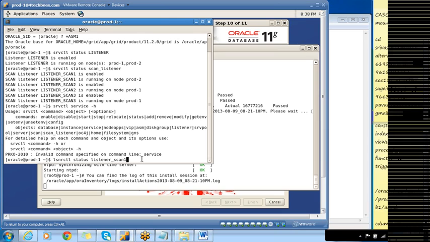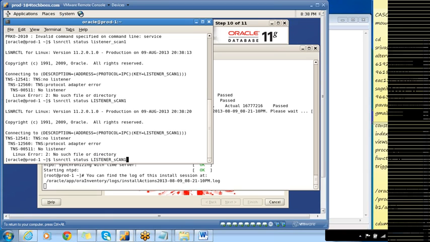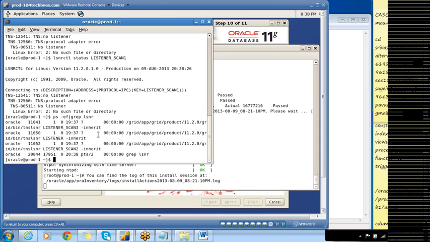This is my listener name, which is listener_scan1. Okay. Probably I will not be able to check it out. ps minus ef grep lsnr. Okay, here scan2 and scan3 are running. So I have to go for scan2.